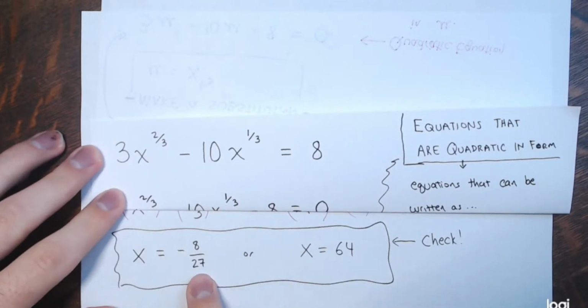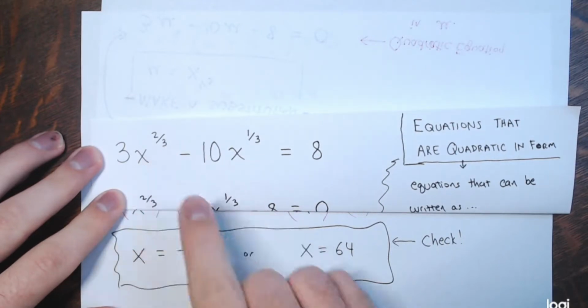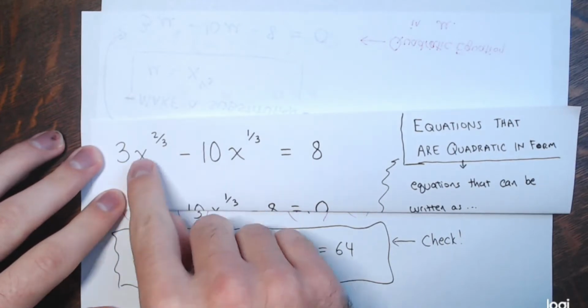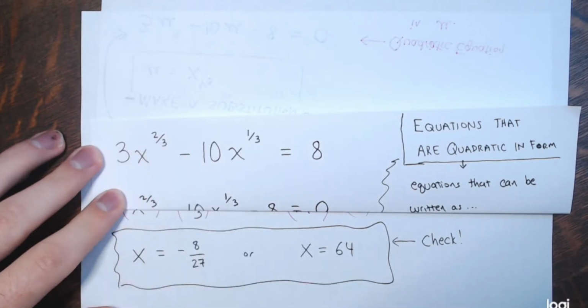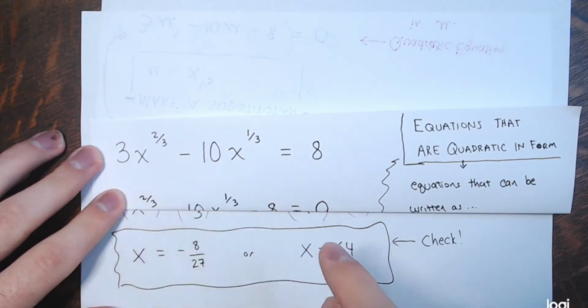If x were negative 8/27, negative 8/27 to the 2/3 power, take the cube root first, which would be negative 2/3, squared would be 4/9. And then I'd have 12/9, 12/9 minus 10 times